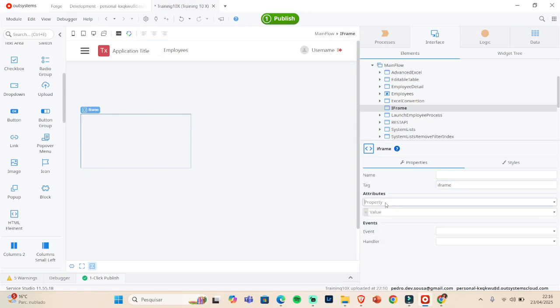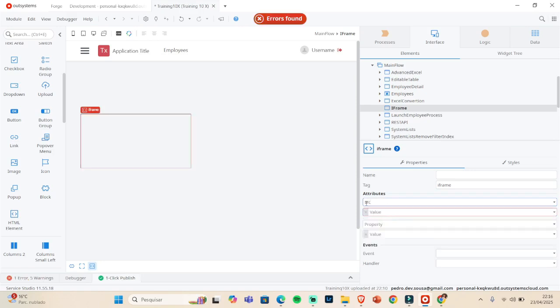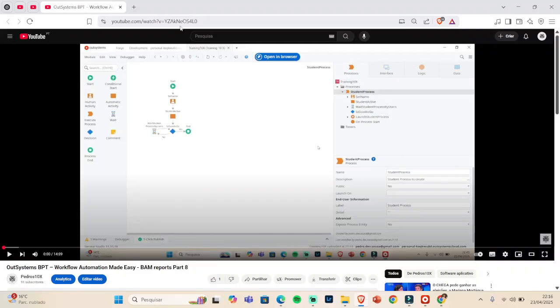In order to display a YouTube video, we need to set in the attributes property the source, which we set as src, and here we need to set the YouTube link. So let me open one of my videos, and I'm going to copy it,